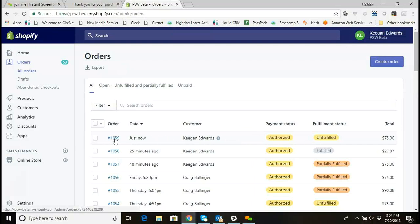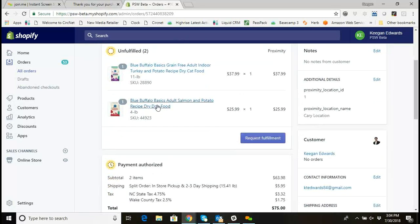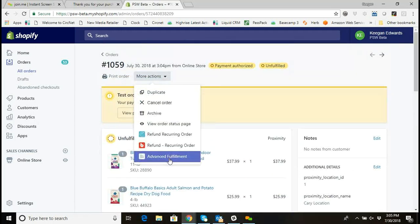So I'm going to click on order 1059, the order that was just placed, and I'm going to see that there were 2 items in there. I know that I don't carry this in my store, so I know that has to go through Endless Aisles, and I know that this is something I carry in my store, so this is what the customer is going to pick up. So the first thing I'm going to do is go to More Actions and go down to